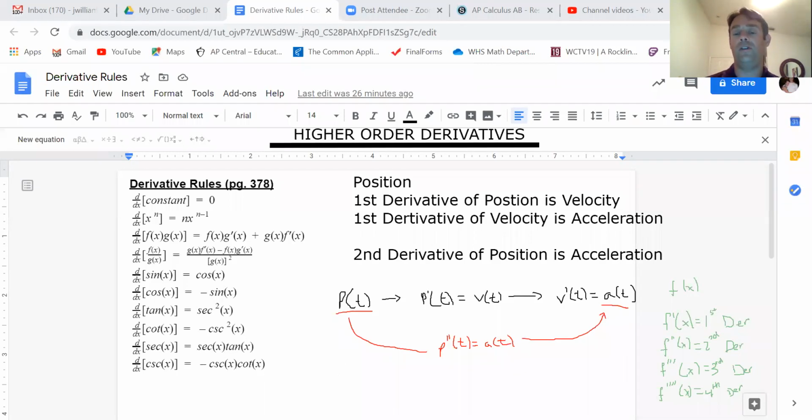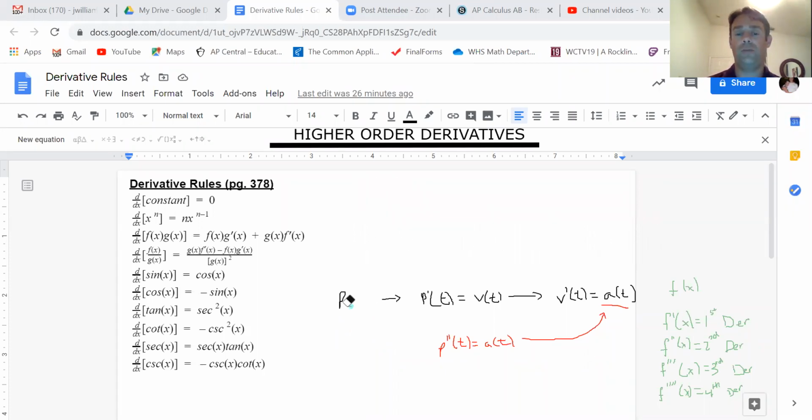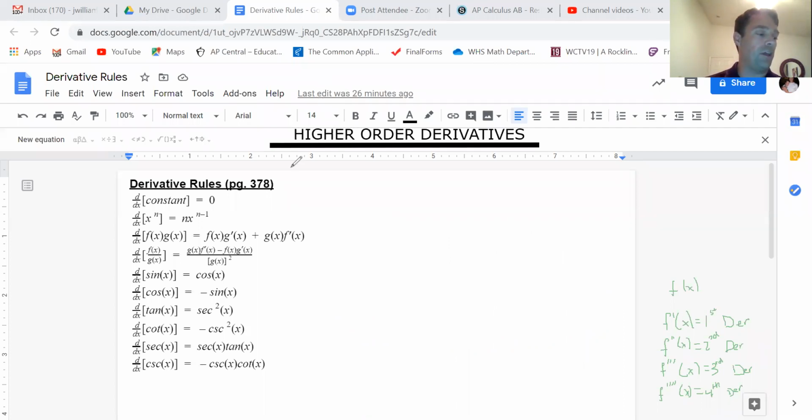So before we come back and take a look at this position, velocity, acceleration stuff, we're going to spend a little time dealing with that today. We're going to take a look at some functions. So here's what I want you to do. I want to know f double prime of x when f of x equals x cubed